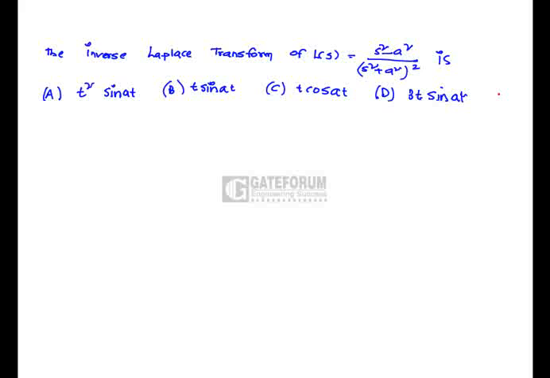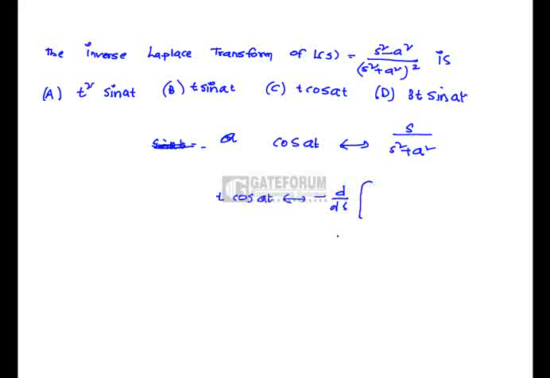Laplace transform of L of sin at is a by s square plus a square, and of cos at the Laplace transform is s by s square plus a square. So t cos at is nothing but minus d by ds of s by s square plus a square. That is s square plus a square whole square, s square plus a square